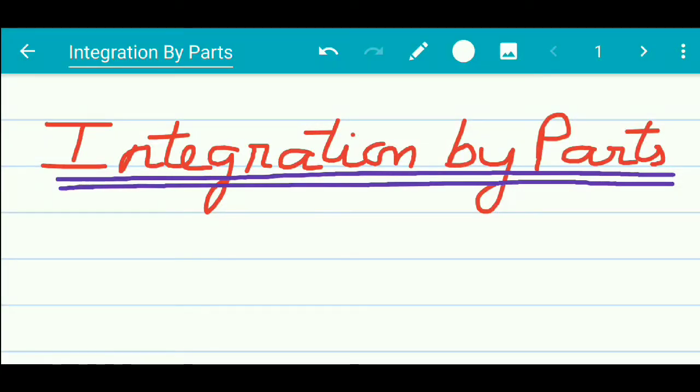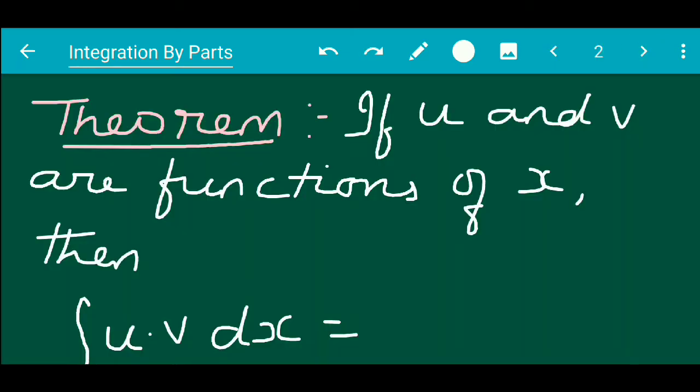Hello students, in this lecture on integration, we are going to begin with integration by parts. Now, with respect to u into v, suppose u and v are two functions. If you have to find the derivative of u into v, you can find it very easily because you know the product rule in differentiation, isn't it? Now, we are going to learn the product rule in the case of integration as well.